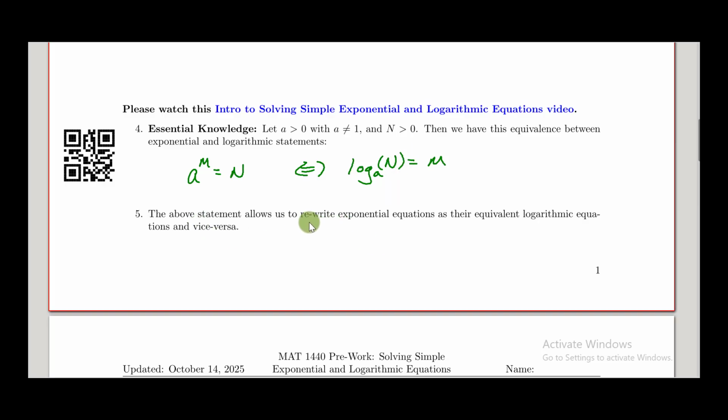And the above statement allows us to rewrite any exponential equation. If we've isolated the exponential term, we can rewrite it as its equivalent logarithmic equation, or vice versa. If I see this equation here, I can move it here. This is really helpful if my variable is trapped in one of the arguments. So if my variable x is in the power of an exponential expression, I can help isolate the variable x by getting the power separated from the base by converting this to a logarithm. If that seems a little bit abstract, we'll do that in the next examples, so we'll make that a little